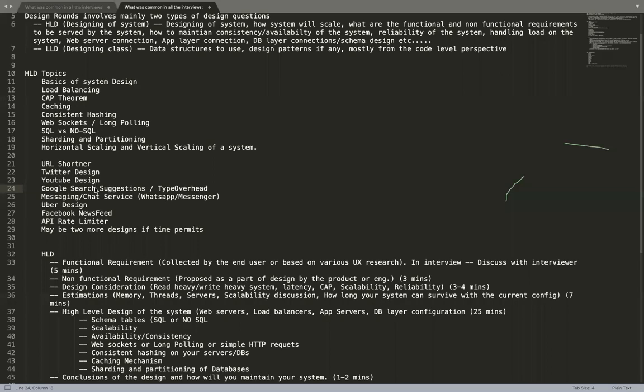What is an API rate limiter? Consider a system where you're making a call to some external system. Now your external system can support only a certain QPS; 100,000 QPS is too high, so say 100. So how do you limit that on your side? Basically, you should not send more than 100 requests per second to the other system.